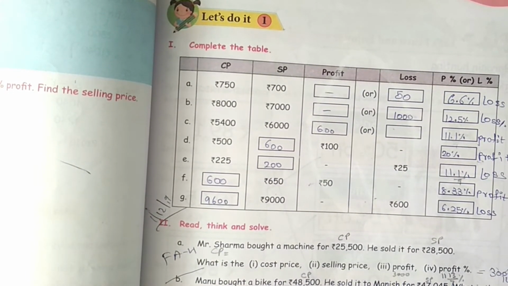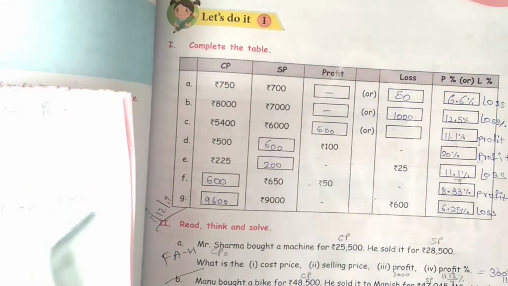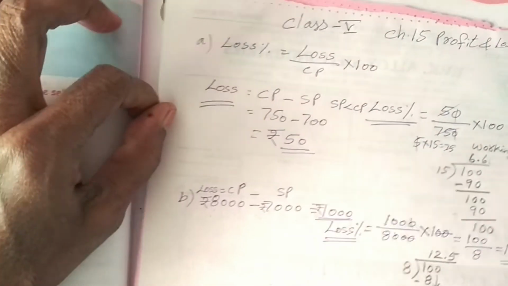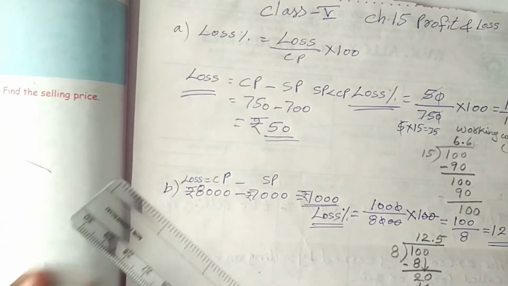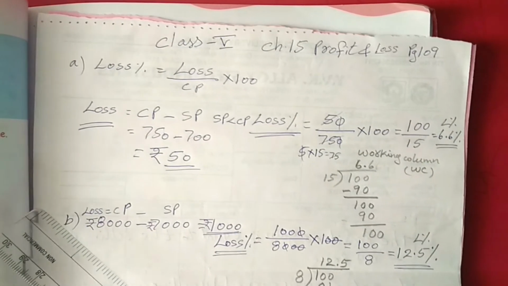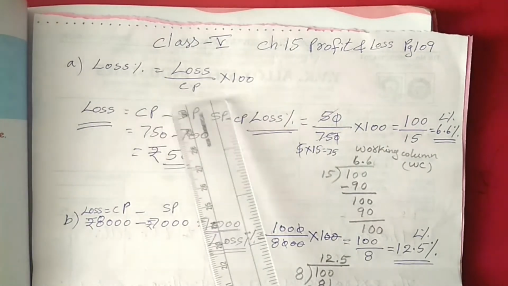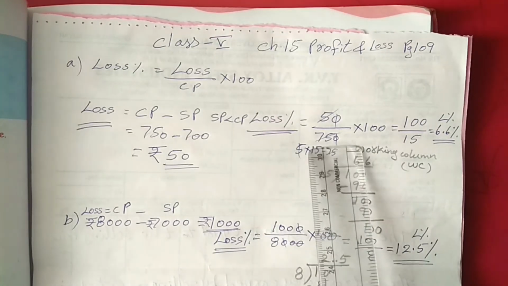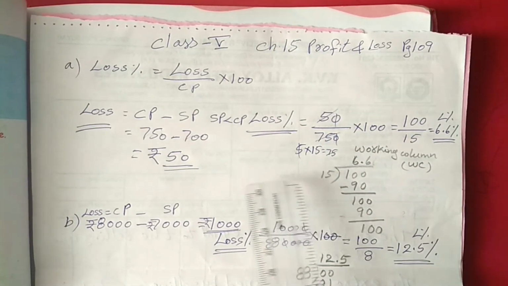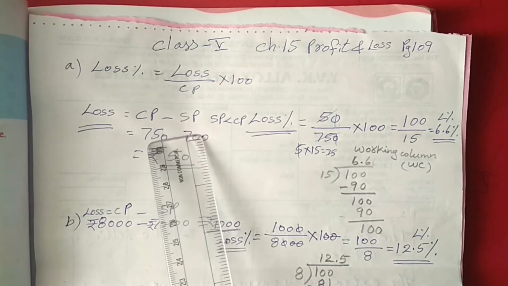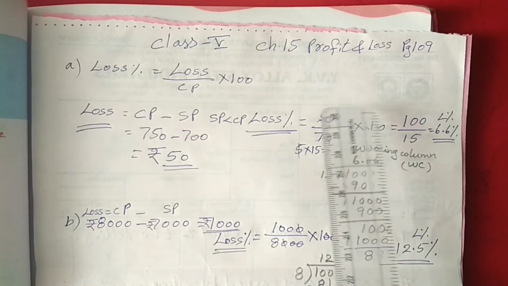What is the formula for the loss percentage? Loss percentage is equal to loss by cost price into 100. Now how will you do it? Loss is 50 rupees and the cost price is 750 rupees. So 50 by